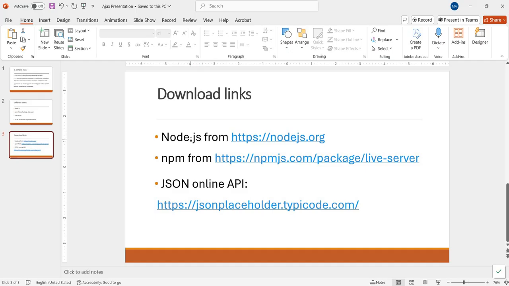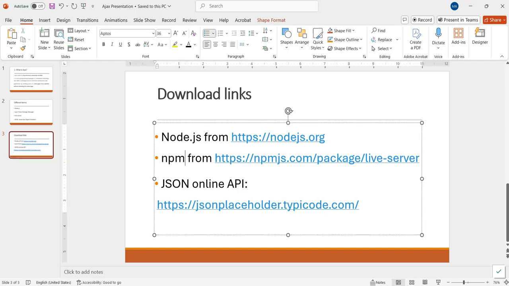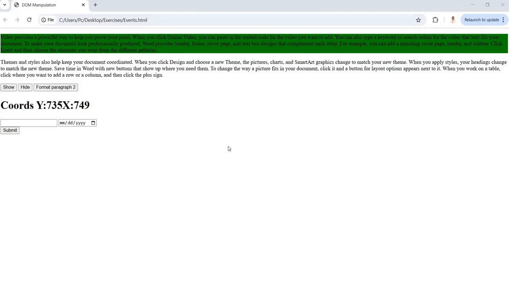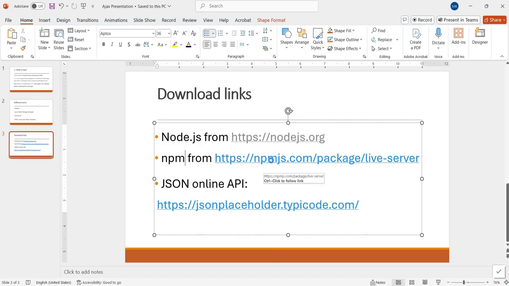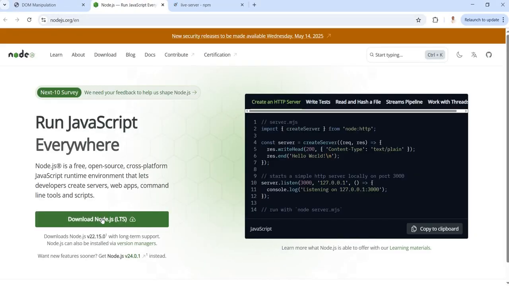To use Ajax, you need to install Node.js and NPM. Node.js enables you to run Ajax, and NPM enables you to get the feedback from the live server. Let's open the link for Node.js, and for NPM as well. We click on download Node.js from nodejs.org